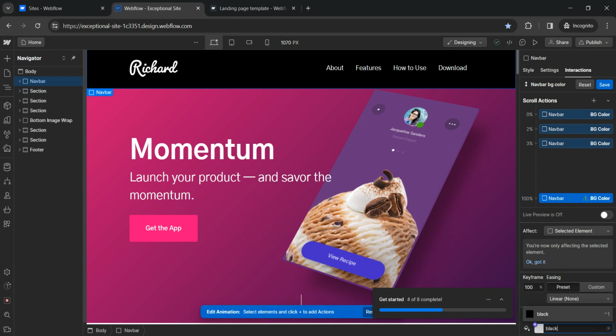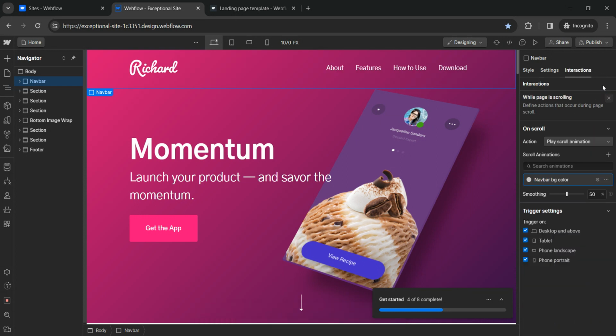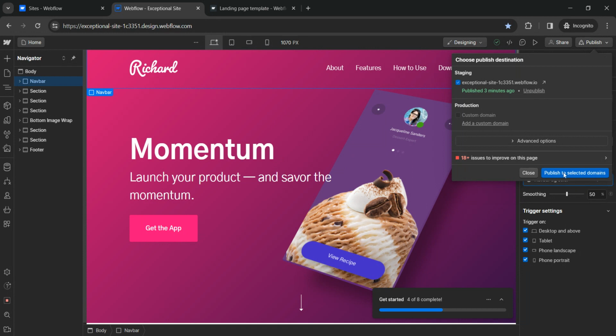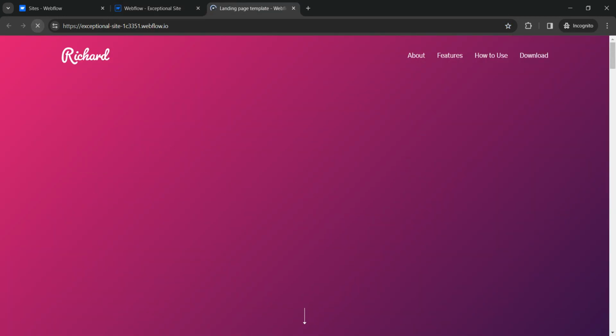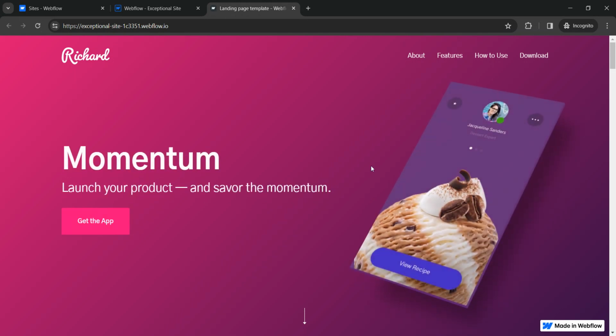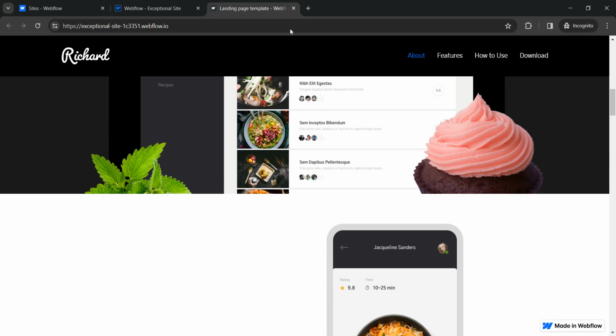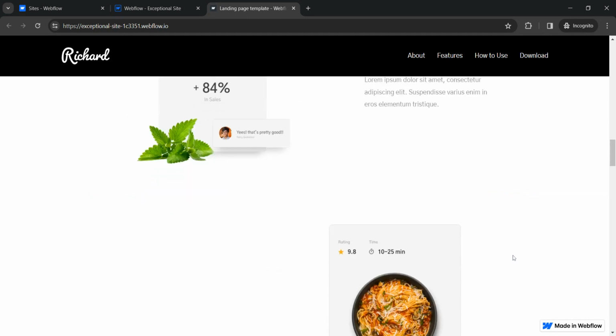black will appear. Okay, I'm saving this interaction, and now publish the site. It is on staging as this is a test. Go to the site and scroll. It will just change from transparent to black